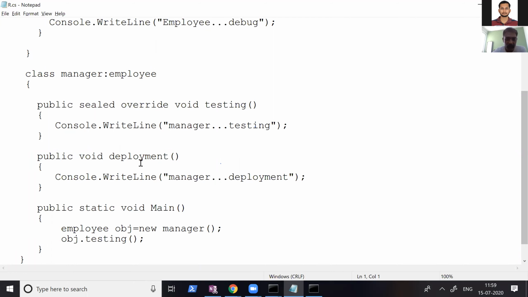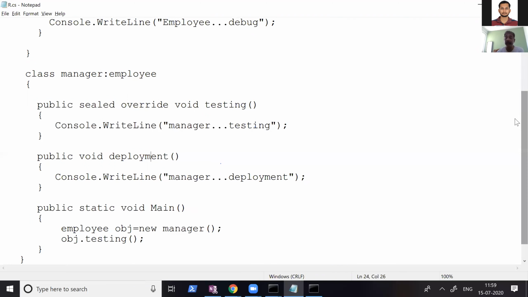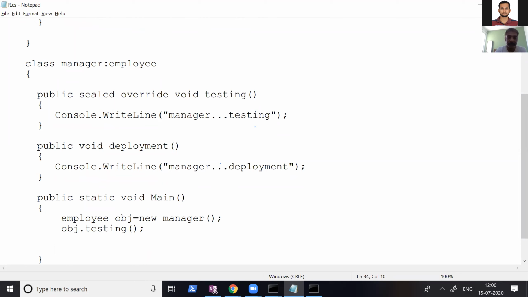Now look, deployment is basically a function of manager, of no concern to the employee, but you are my son, you are my daughter, I should know what you are doing. I know it's illegal to go, but sometimes I need to. So do one thing, write this.